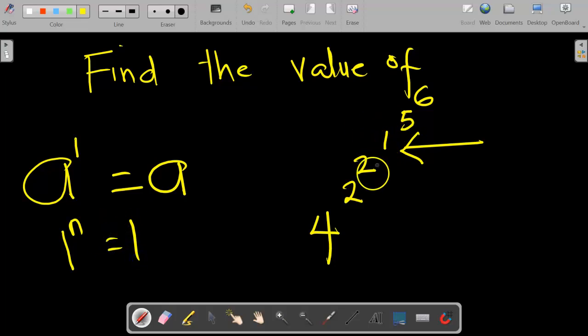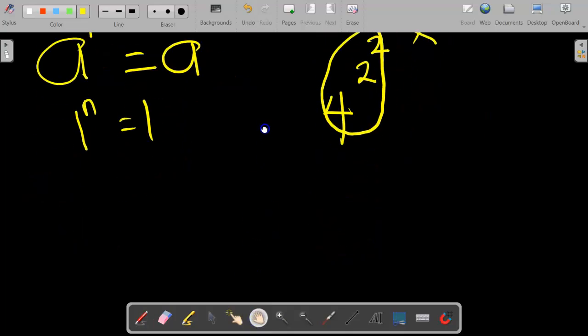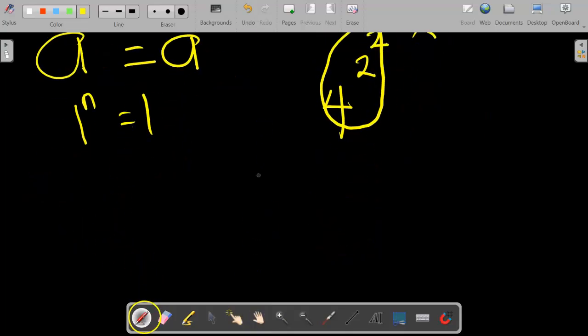So everything here raised to the power of 1 is the number. And 1 raised to the power of everything here gives 1. So it means the actual solution of this problem lies in 4 raised to the power of 2 raised to